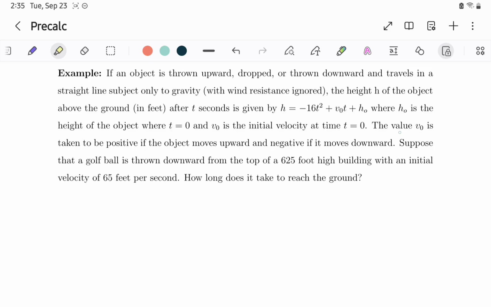And we are going to say that the value v naught is taken to be positive if the object moves upwards, so if it was thrown upwards, and negative if it moves downwards, so if it was thrown downwards. Okay, and so given this, we are told to suppose that a golf ball is thrown downwards